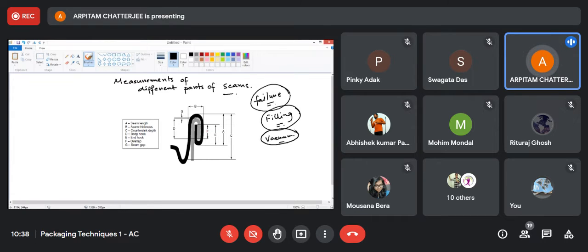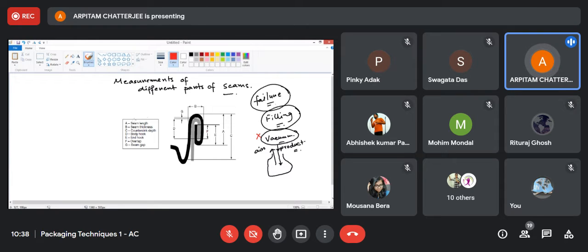In this vacuum filling technique, as you can understand from the name, your package is first vacuumed, that means the air inside it is taken out and then your product is filled. Now, if you don't have a proper seaming, then this vacuum cannot happen, because if you have leakage, your container cannot be totally made empty. So that is why this seaming operation is very important, and these are the dimensions of the seam that need to be taken care of when we are designing any cans.